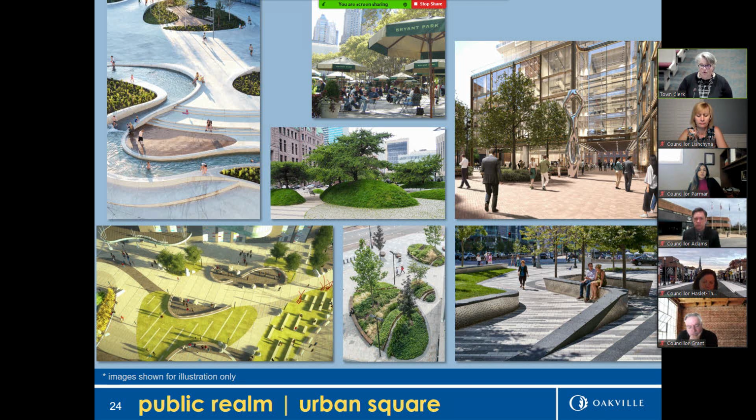Moving up in the hierarchy, then there's the urban squares. And these are highly visible and highly accessible. They are typically designed and programmed for all seasons, all users, and have flexibility to support a variety of outdoor activities and events. They will have passive and active spaces, so energized spaces as well as places just to reflect